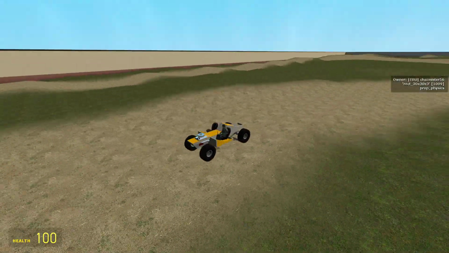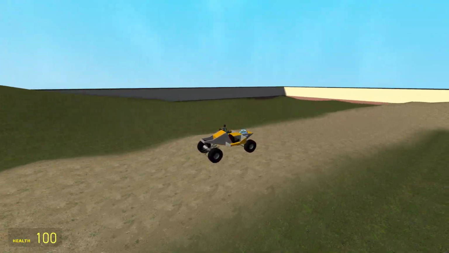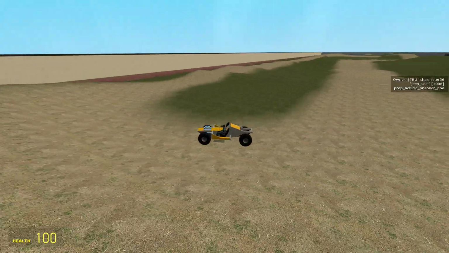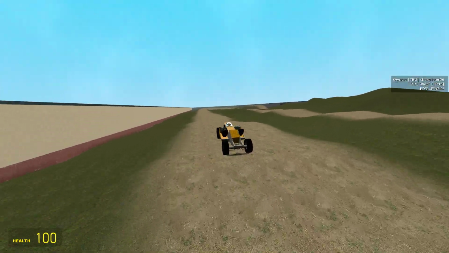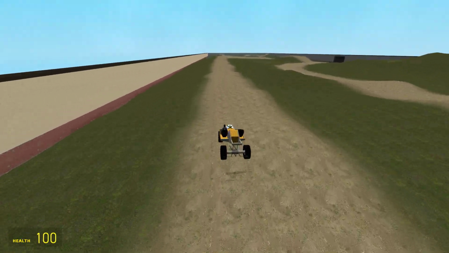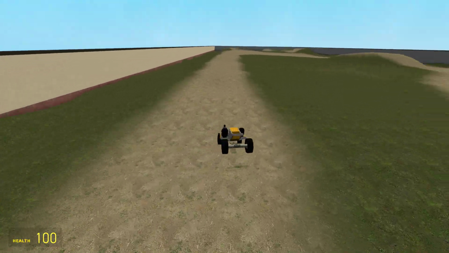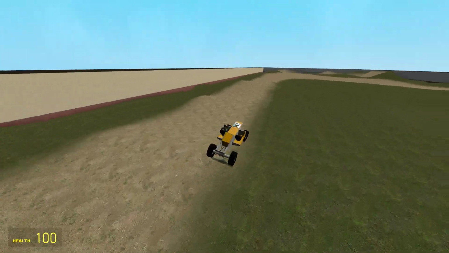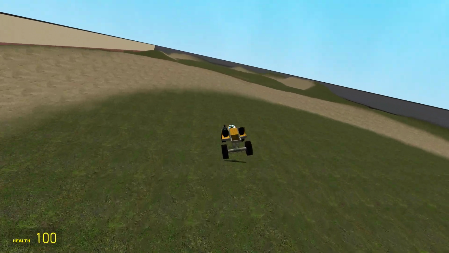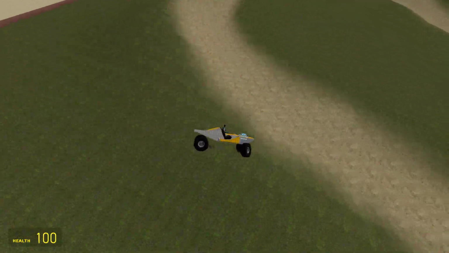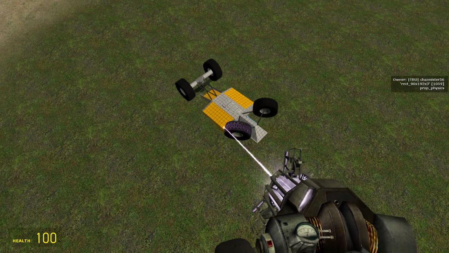Alright, hey guys, welcome to a Gmod suspension tutorial. Today I'm going to be giving you an updated tutorial on how to properly do your suspension. I've been thinking that this is kind of necessary, because the last most updated tutorial is Jackpotty's, and that's kind of updated, but kind of not to today's standards,